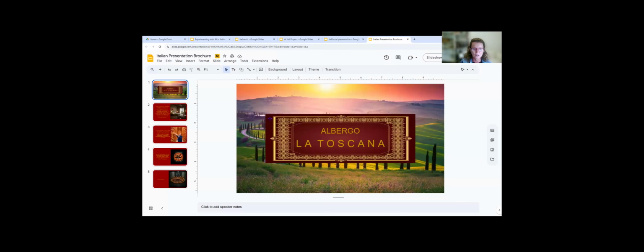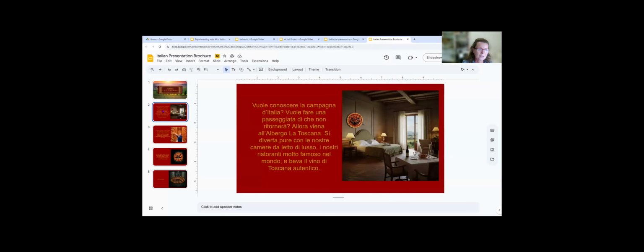And this other presentation instead asked the AI tool to create a room of the luxurious hotel that they had in mind. And of course, AI created the bedroom with the bed, the Italian wine, the glass, and somehow the painting on the wall was a pizza. This is, let's say, the original painting that AI created.